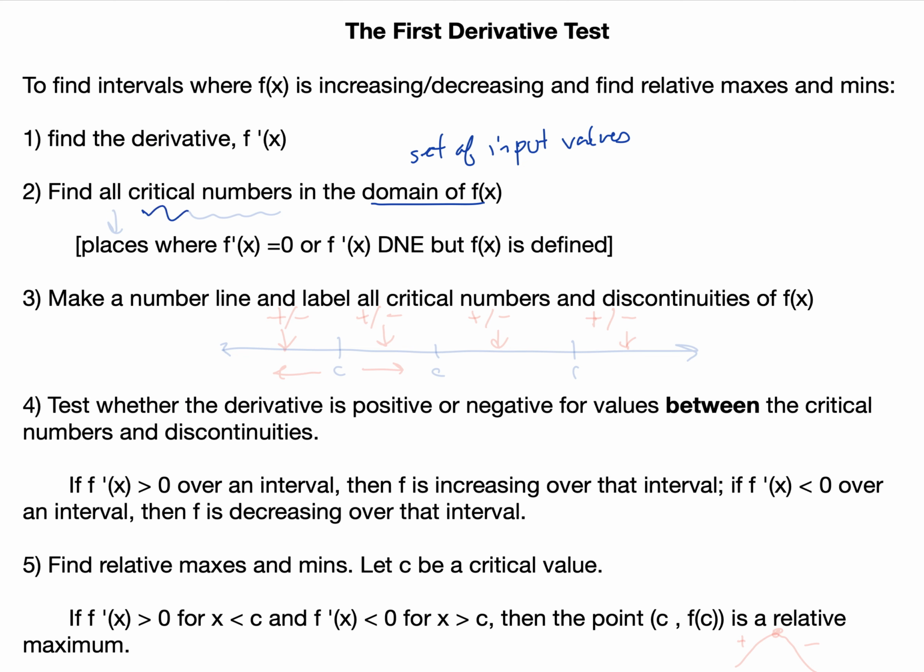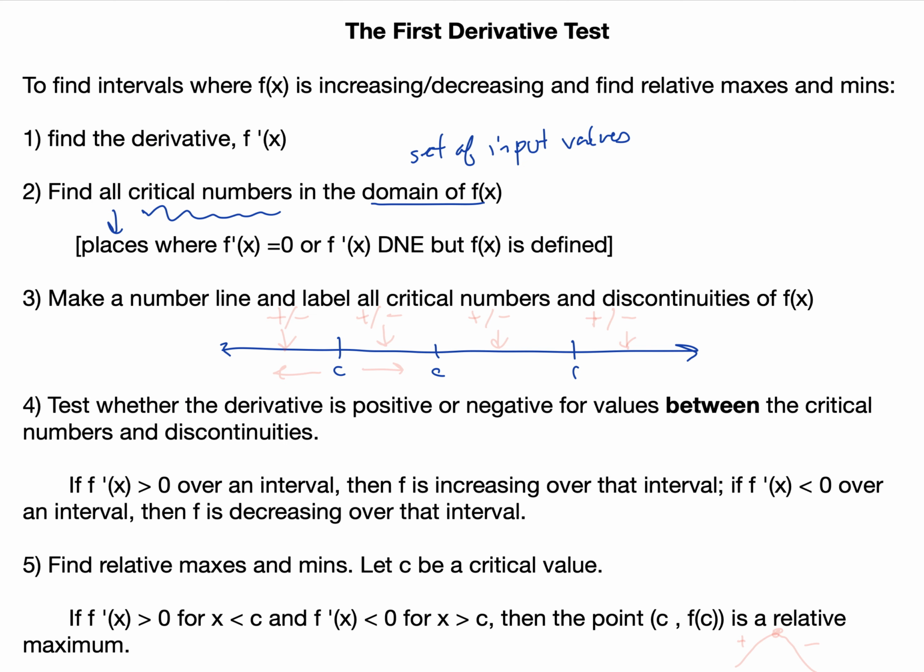And the critical numbers are the places where either f prime of x equals 0 or f prime of x is not defined, but f of x is defined. So the places where f prime of x is 0 or f prime of x does not exist, those are the critical numbers. We then make a number line and label all critical numbers and discontinuities of f of x. So we're making a number line, and we are going to say, okay, here is a critical number, here's another critical number, and so on, and also places where the function is discontinuous, because these are the places where the function could change from being